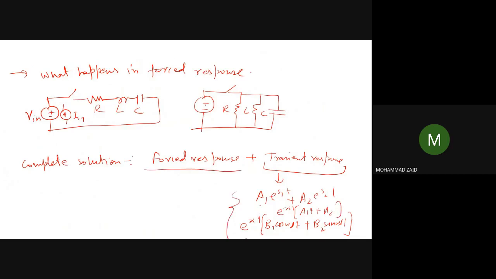For the forced response, we can write the final capacitor voltage, that is, to what the capacitor is charged, or the final inductor current, or whatever the final value of any element is asked in the question. Suppose it is a series circuit, then finally the capacitor voltage will be charged to what? V in. So the forced response, the final capacitor value Vc, will be equal to V in. You have to add algebraically the final voltage to which the capacitor is coming.